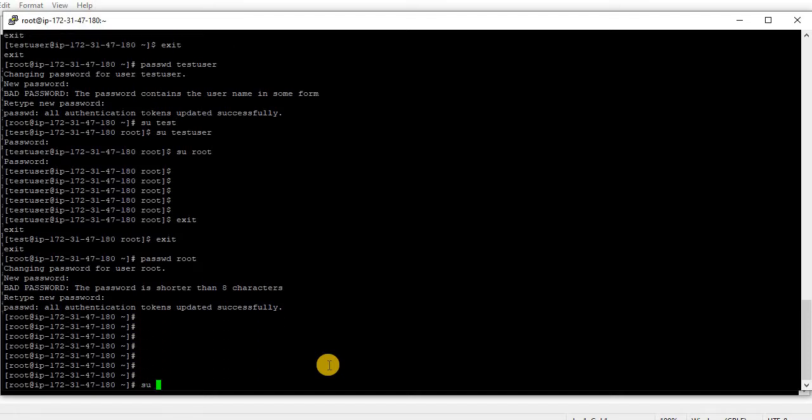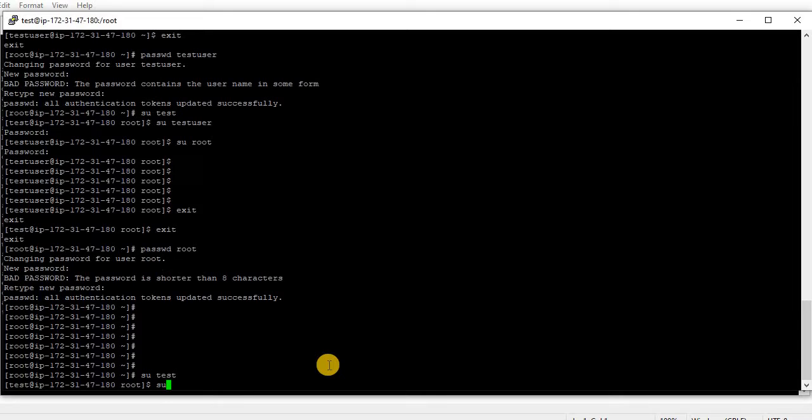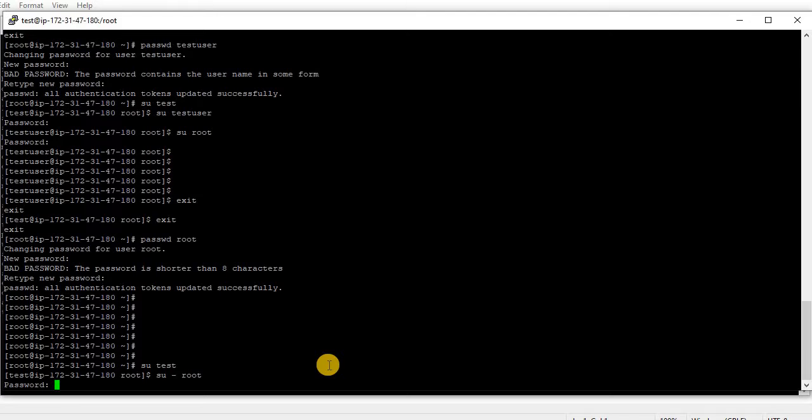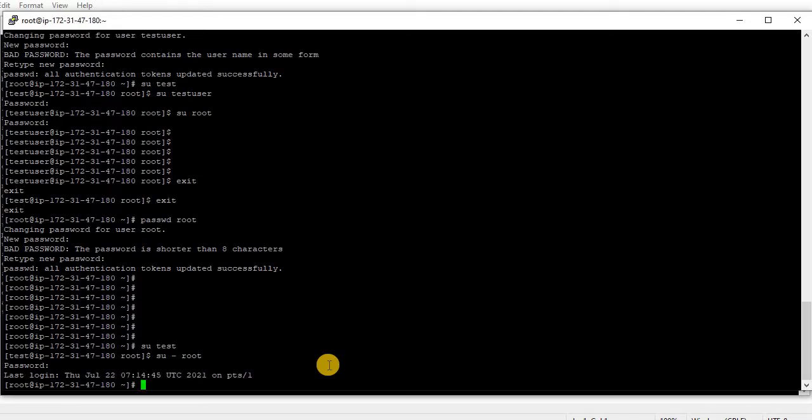So now I'm just moving to su test directly. So from here I want to switch to root. So it is asking for a password, root 123. You can do one thing. If you give exit, you will directly go back to the previous user. You can switch to the previous user directly. But if you want to enter again, you should use the password, right? So that's the thing here.